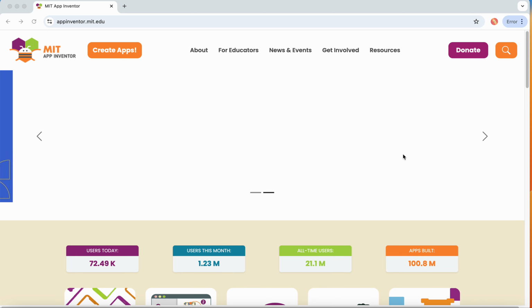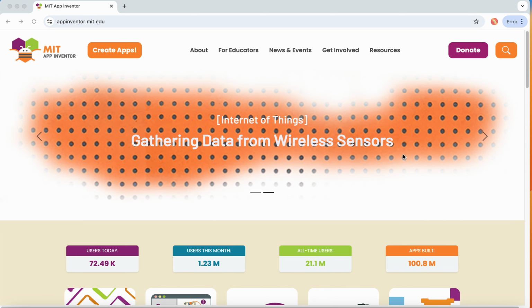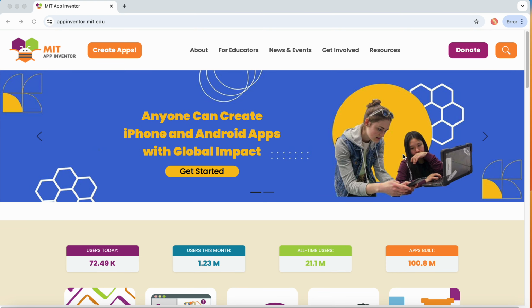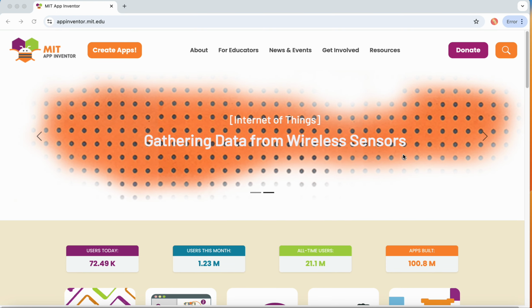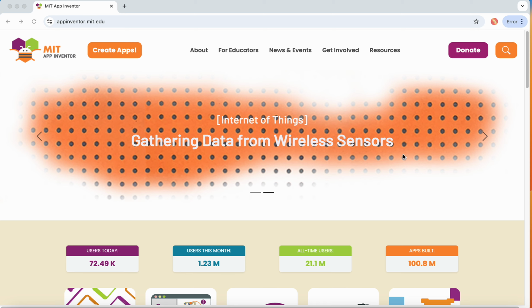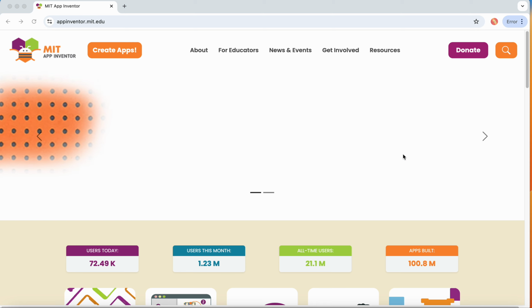They started off supporting only the Android platform, but now they have also moved on to support the iOS platform. So it's really exciting for all aspiring developers out there to get started very quickly making